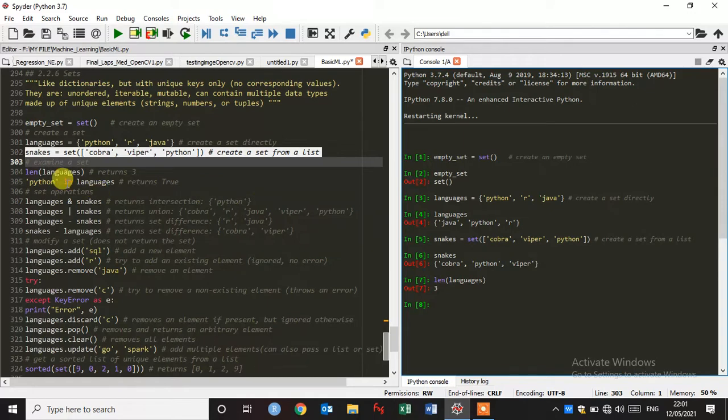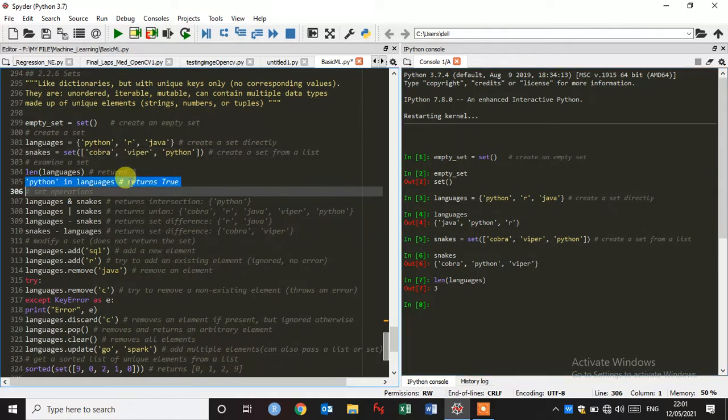And if I give Python in languages, it returns True. R in languages also returns True, because Python, R, and Java are already here.